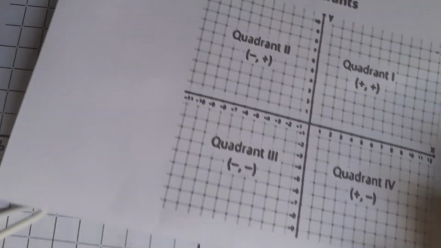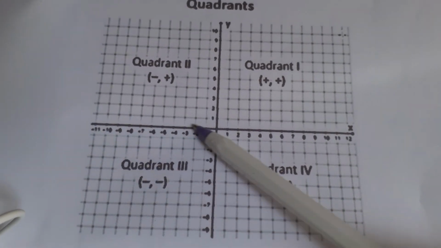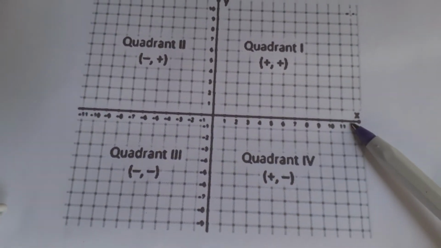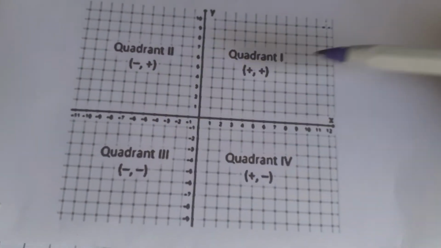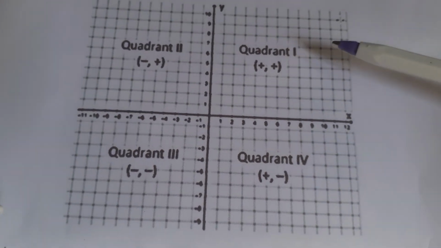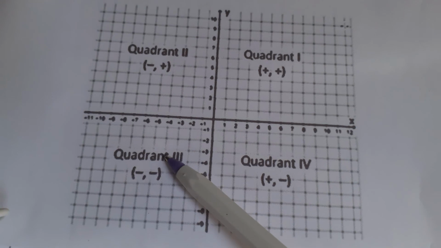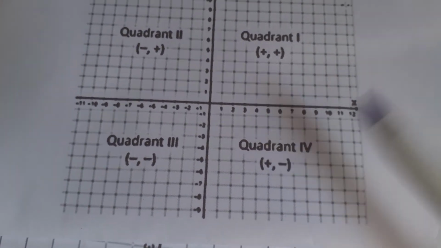Now let's look at this. I already gave you the name of each part of a coordinate plane. We have the x-axis, the y-axis, we have the coordinates. I told you that the numbers, they're coordinates. These are the positive coordinates, negative coordinates. Positive coordinates going up, negative coordinates going down. We have the name of the quadrants, quadrant 1, quadrant 2, quadrant 3, and quadrant 4. Quadrant 1 is made up of positive coordinates. Quadrant 2, the x is negative, the y is positive. Quadrant 3 is made up of the negative coordinates. And quadrant 4, the x is positive, the y is negative. Now we move on to how to plot or how to write the coordinates when they are given